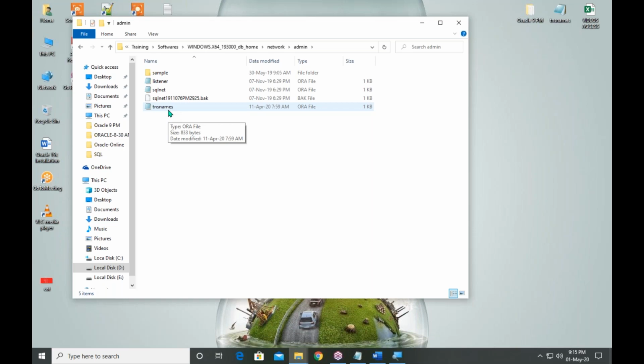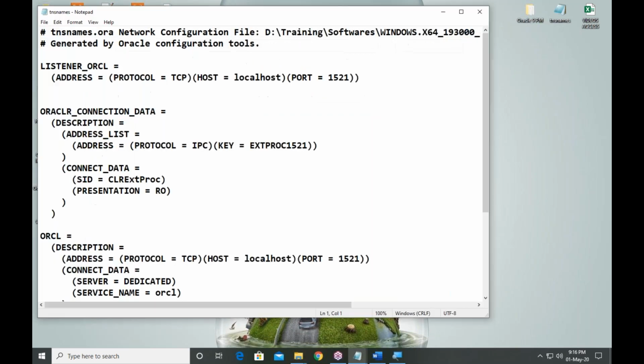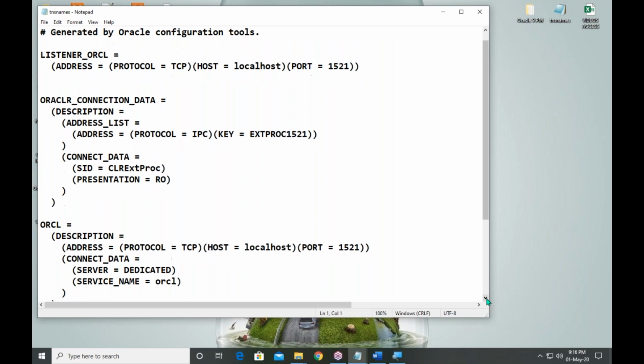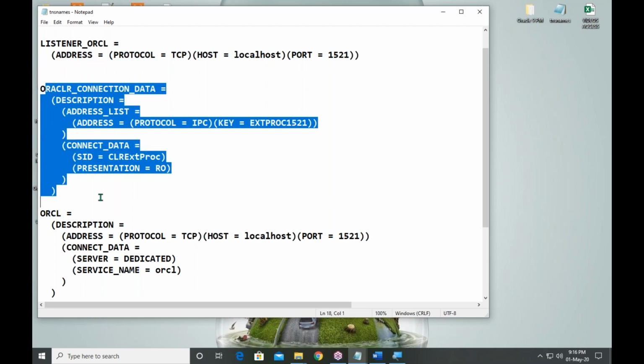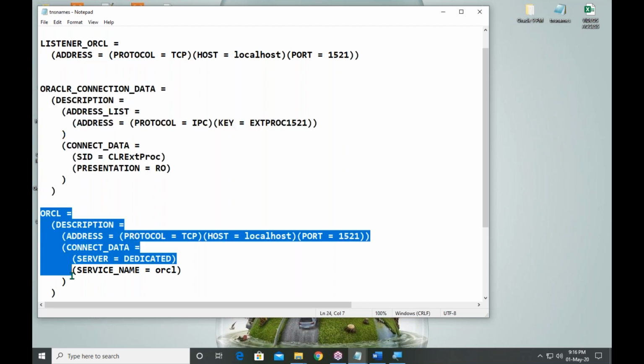But by default, there exist only 3 components. In my system, this was already modified. By default, you can see 3 components: listener component, connection component, ORCL component. Only you can see these 3.